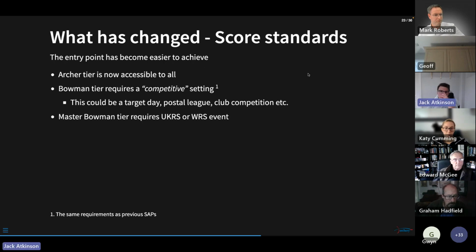So finally, the score standards. So the entry point to the classifications has now become easier to achieve than it was previously, by which I mean the Archer tier is now accessible to everyone, and it can be claimed from any scores shot within any environment, as long as they were shot to the rules of shooting. And this is a change from where it was previously set at the same requirements as